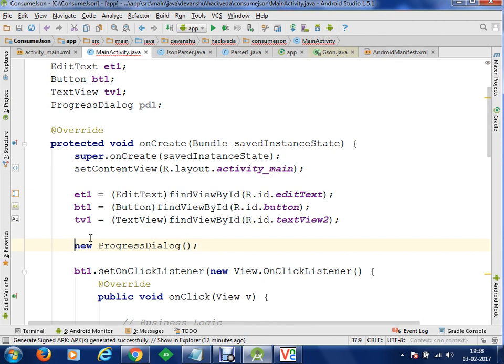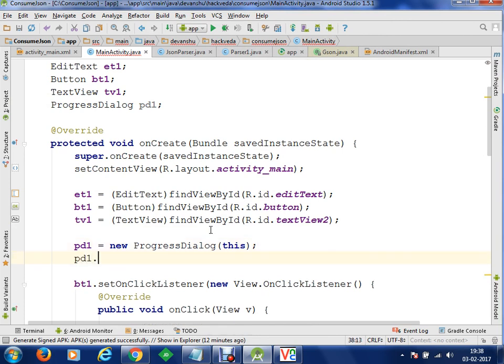We can create PD1 is equal to new progress dialog, and we can specify the context wherein the progress dialog will be displayed. Then we can set a title on the progress dialog. Let's say we are going to set the title as JSON app. Let's call it as JSON app, something like this.